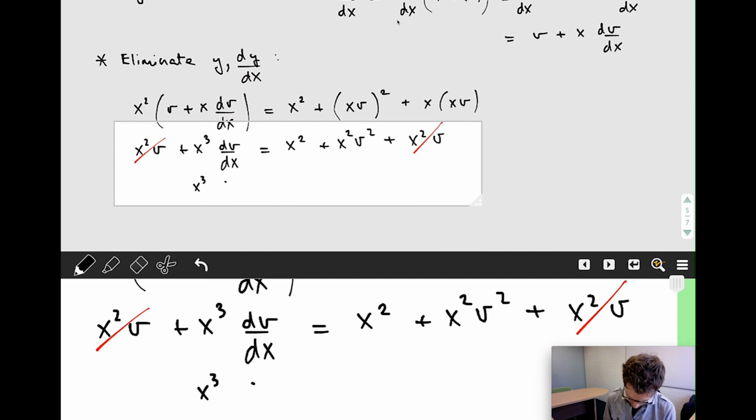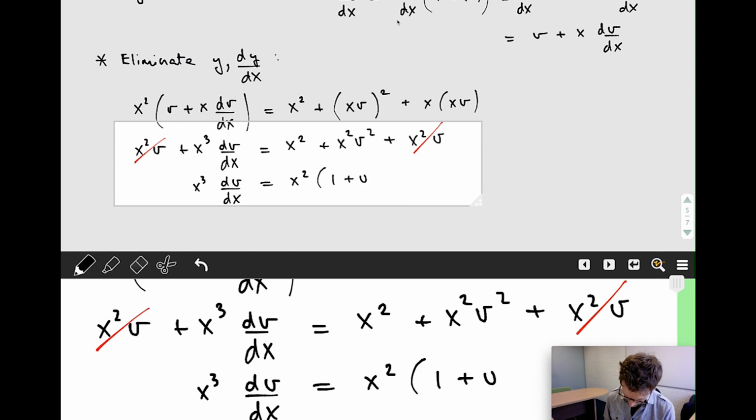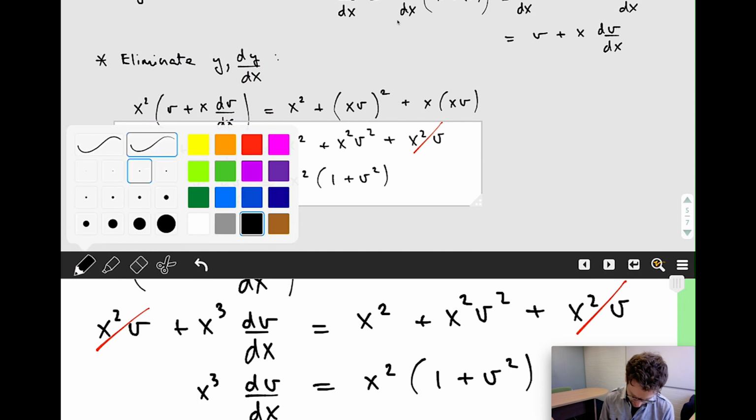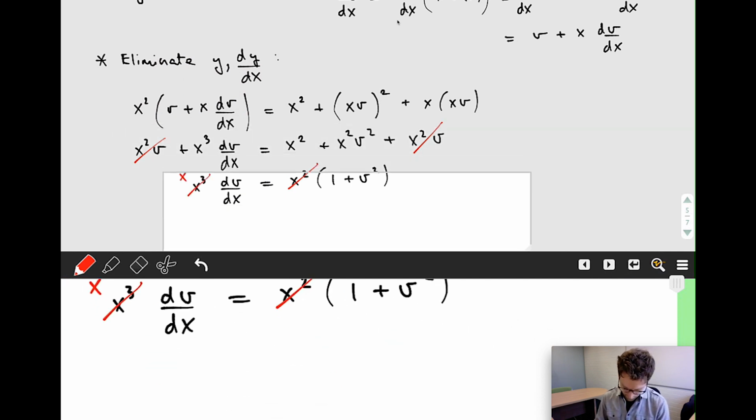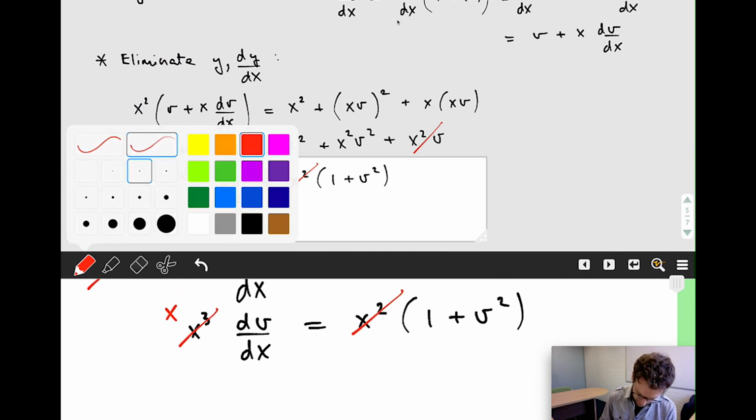So I've got x cubed dv dx is equal to x squared times 1 plus v squared. I can cancel some factors of x squared, so if I get rid of x squared there and get rid of x cubed and replace it by x, I'm left with the following equation: